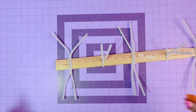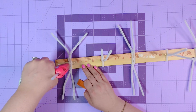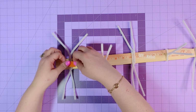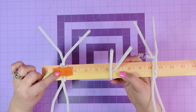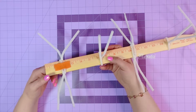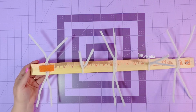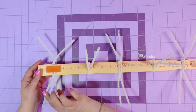But I will also take a little piece of felt. You can use ribbon. I'm putting hot glue sideways so that I can attach this piece of felt right over it. I want that extra seal at the bottom because if anything happens and this part slides off, it will slide off the rest of the wreath. Now, I've never had this happen, but then again, I've always liked using this method,